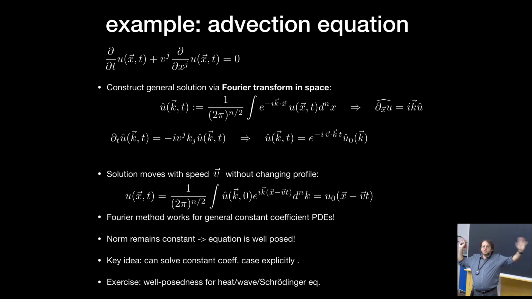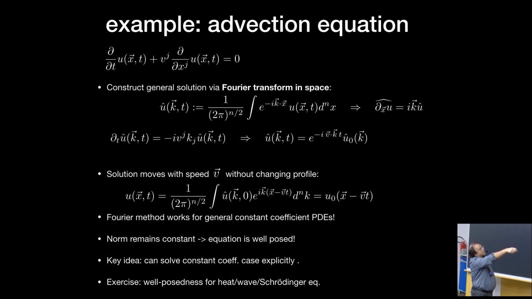Okay, and now in principle you know what to do. The rest is relatively straightforward. Now we have the solution in Fourier space, and we would like to recover the solution in the original space. So of course we just do the inverse Fourier transform. We write down the definition of the inverse Fourier transform and insert this here. And so now we see there's this factor e to the i k (x minus vt), and